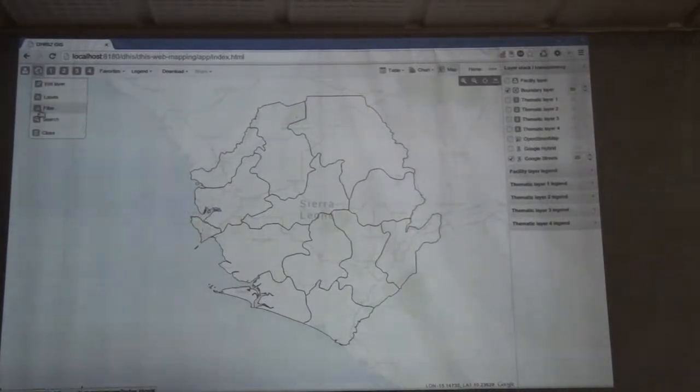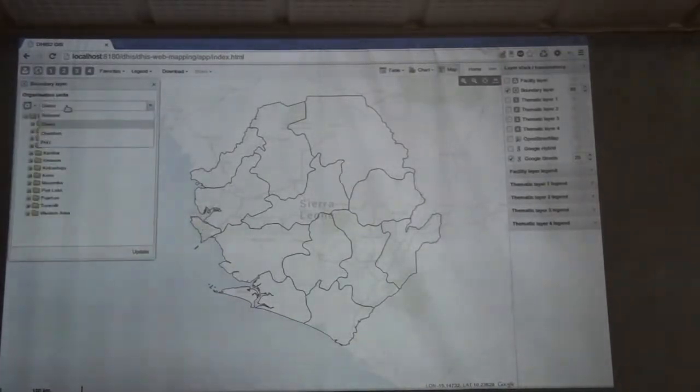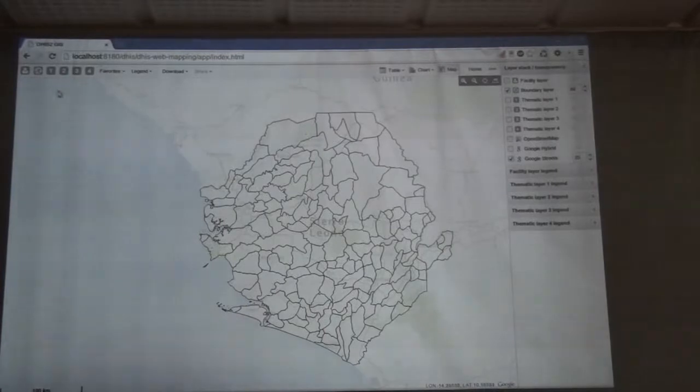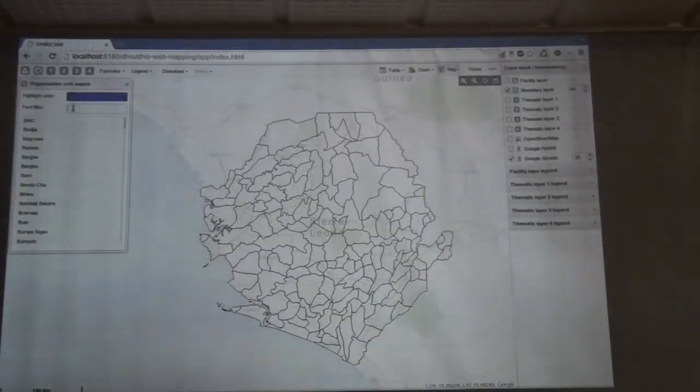So the next thing you can do is, let's say we want to search, we want to locate an organ, so we edit the layer and we select the chieftain level instead. And we want to know where, let's say, some chieftain is. You can search for it and